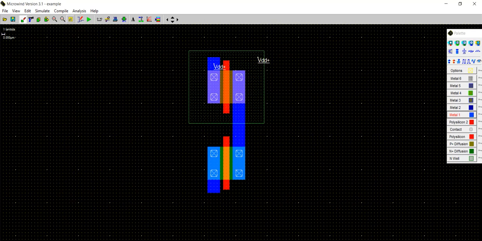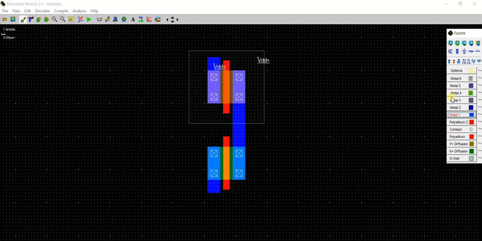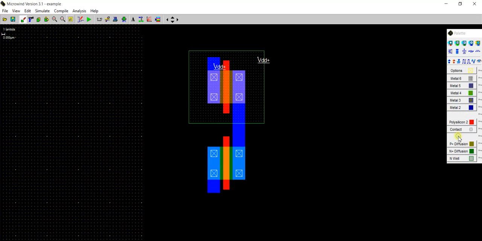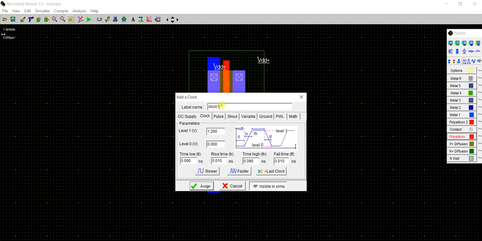Now I have to give input to the gate, but I have to short both the gates. As you can see in the diagram, I have shorted both the gates. So select polysilicon here and paste it on the gate terminals. So the gates are connected. To give the input, you can select one of the inputs from these options. Now I'll select one clock, and I'll paste it on the gate terminal. This will act as an input. I'll give it a name, input,